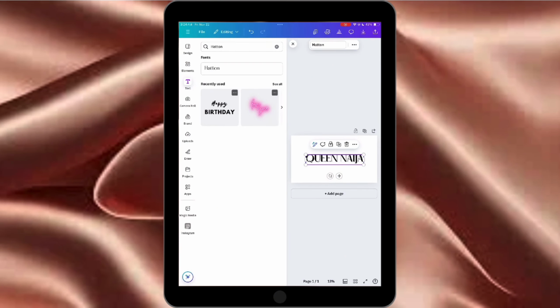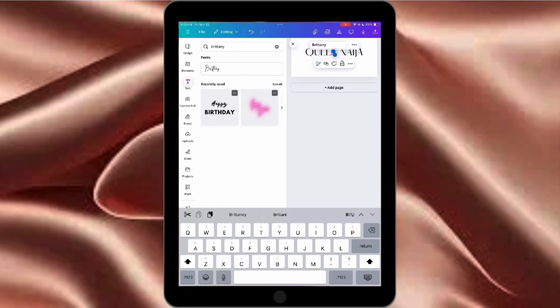So once you have it centered, you're going to duplicate it. Basically, just click those two papers. One has a plus sign in it. But we're going to change the second duplicate font to Brittany. Brittany, like the name, yes. And then we're going to,